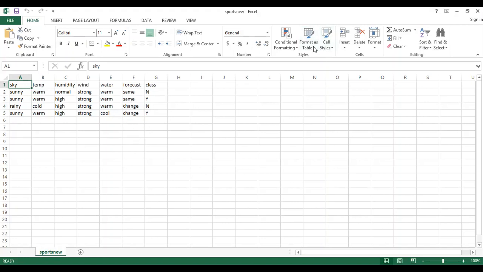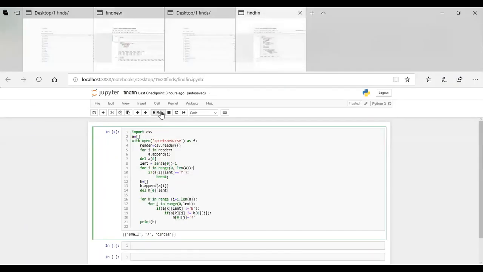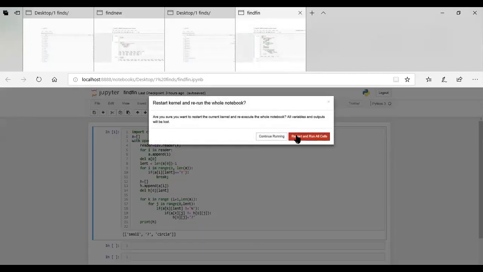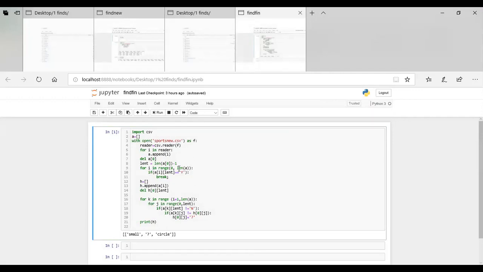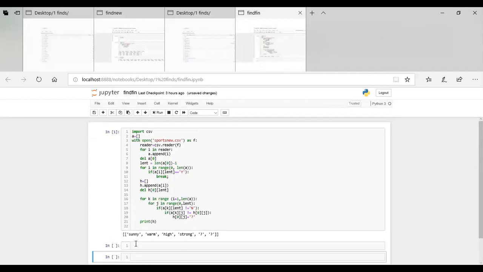After this, you can check it with the execution of the code. It has finalized a simplified code here; instead of going line by line, the overall execution will be shown. So if you take the good day for water sport example with the first training instance as negative, then the result we get is sunny, warm, high, strong, question mark, question mark. So you check your code by taking the first training instance and just replacing the yes class by the no class.